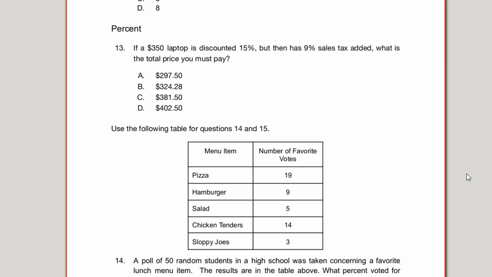Now let's talk a little bit about percents. If a $350 laptop is discounted 15%, but then has a 9% sales tax added, what is the total price you pay? So first we have a discount. So we're going to take this $350 and let's multiply that by 15%. And when we're dealing with percents, we need to change it to a decimal. We're going to take the 15%, and it is the same as having a decimal here after the 5. We'll move it 2 places to the left, and that makes it